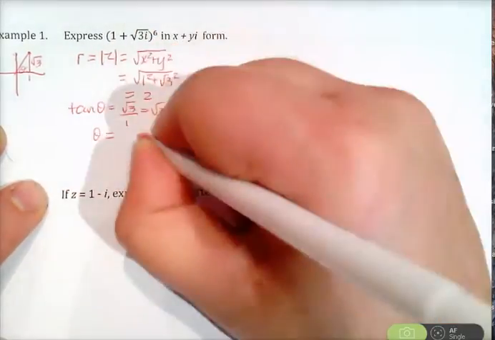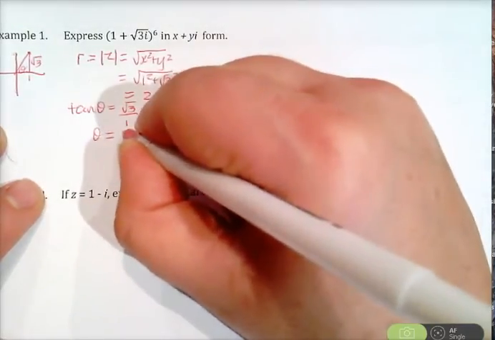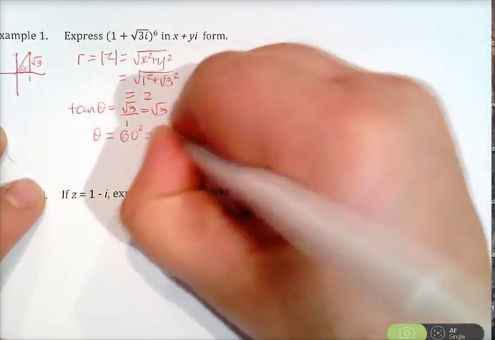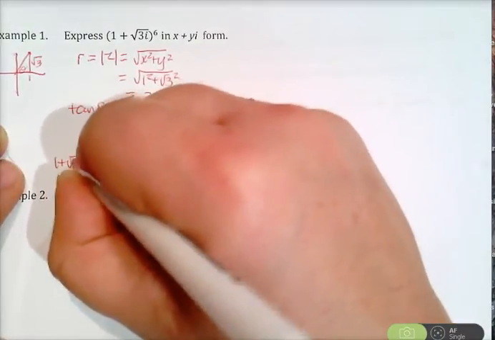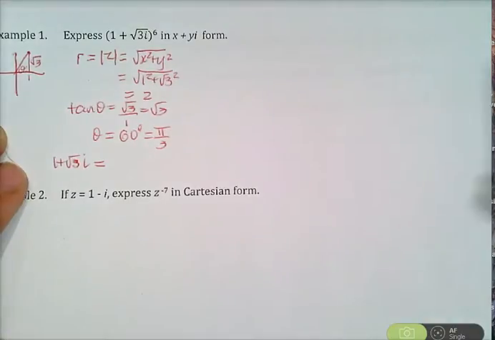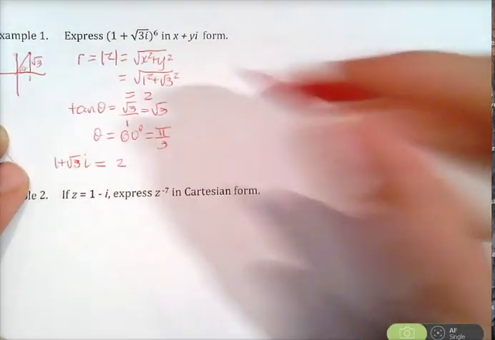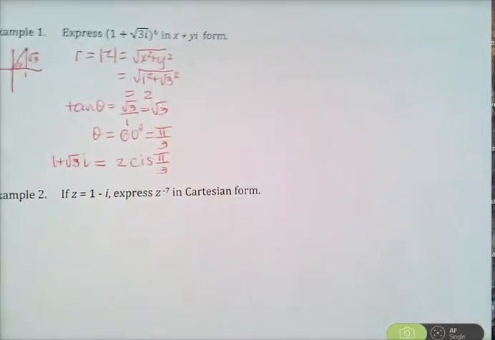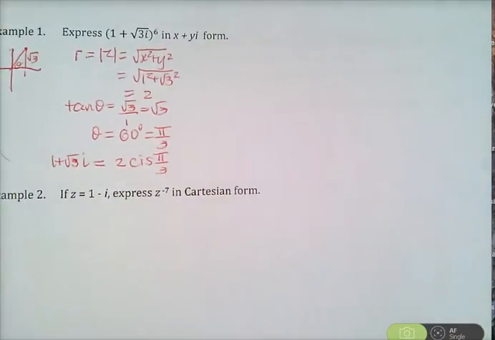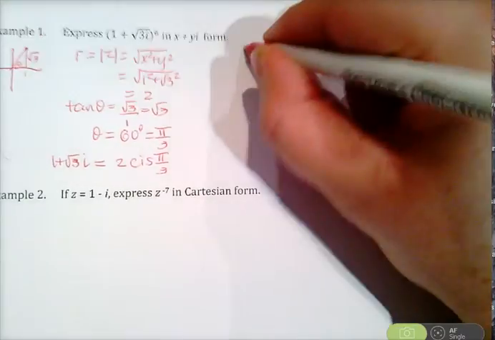So therefore theta is 60 degrees, which is pi on 3. So therefore 1 plus root 3i can be expressed in mod arg form as 2 cis pi on 3, or 2 cos pi on 3 plus I sine pi on 3. Now using De Moivre's theorem,